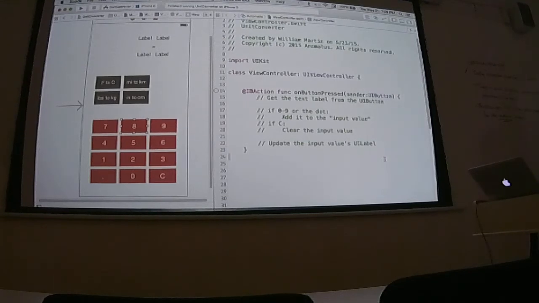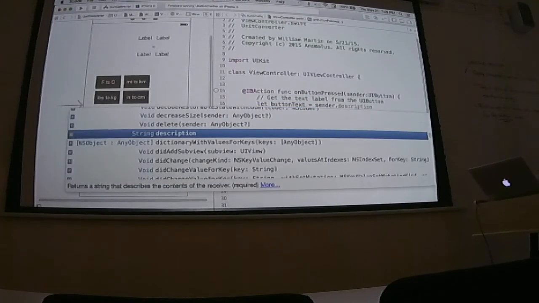Nerd. Okay. So we're going to go one step at a time, perform each one of these actions, and then use print lines so that we can see the results in the console to make sure that we're doing the right thing. Okay? So here, I'm going to create a constant called button text. And I'm going to grab the sender. The sender actually has a property